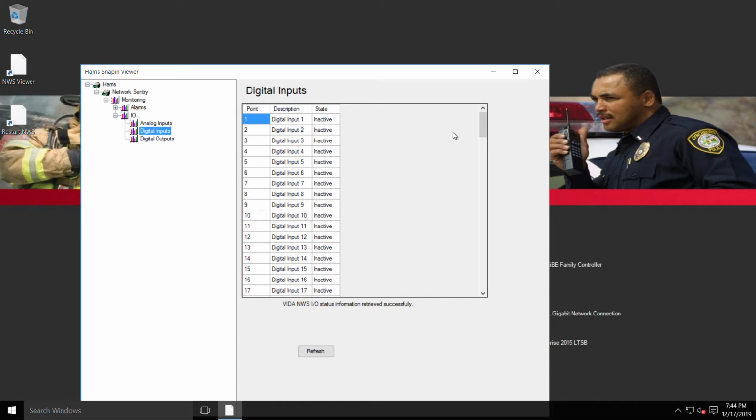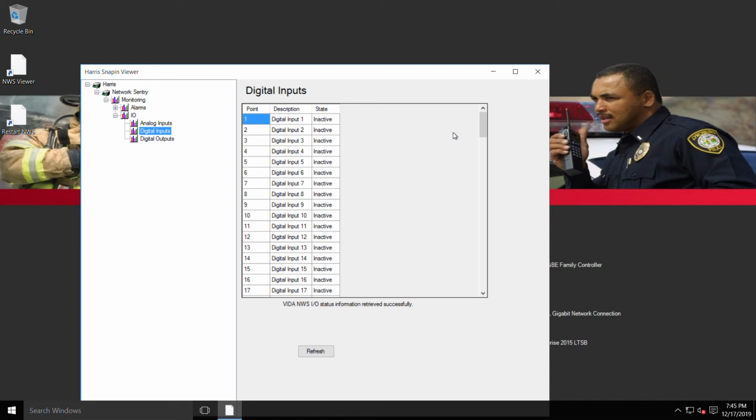All you're doing here is you're going to first off verify that your Network Sentry cable functions properly, and then secondly, you're going to verify the digital input that changes states when the MCU goes into alarm. Depending on how you've wired that cable, it could be digital input 1, digital input 2, whatever. So you just want to verify that because you're going to need to know for certain which digital input to